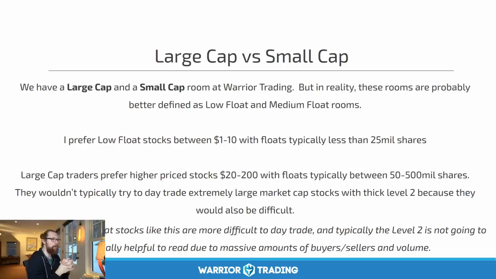They're usually household name stocks that you're a little bit more familiar with, a little bit more expensive, and those are stocks that are harder to take those really quick day trades on because they can be choppier. They have more institutional traders, both in high frequency trading algorithms and in actual institutions that are holding large positions